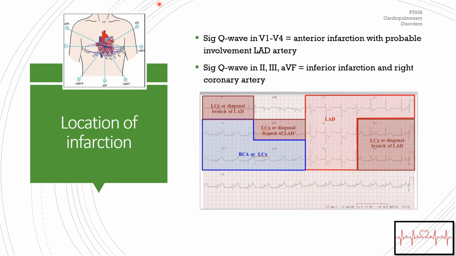Okay, so in V1 through V4, if we're seeing things, then we have to think we're looking at the anterior part of the heart. And that makes sense if we go over here. V1, V2, V3, V4 is looking at the anterior heart versus limb leads 2, 3, and AVF, which is looking at the inferior part of the heart. So if we go back to coronary artery anatomy, then we can start to relate which views relate to which arteries, and that helps your cardiologist to know what artery is